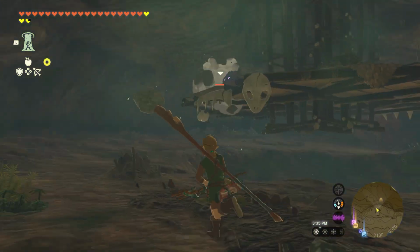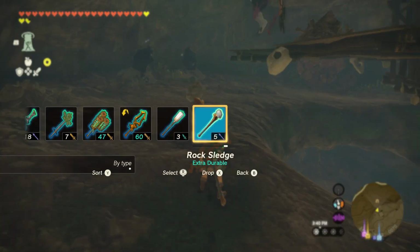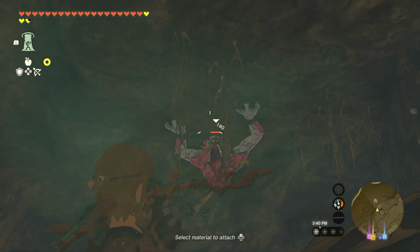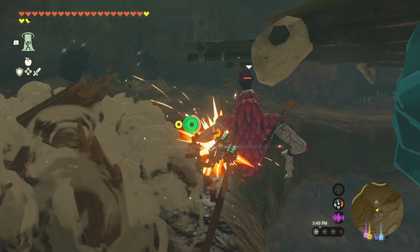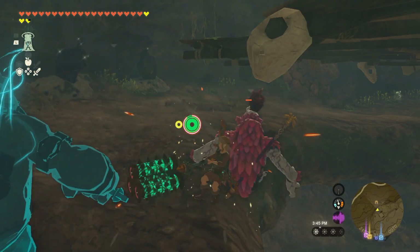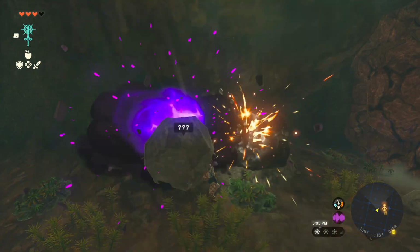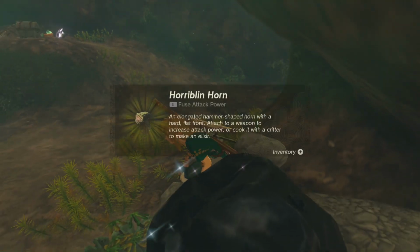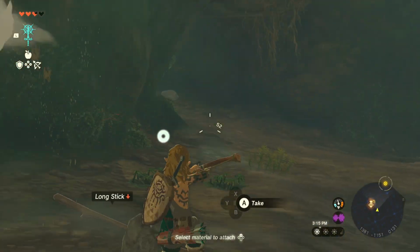In Tears of the Kingdom, as you progress deeper into the game, complete dungeons, and defeat enemies, the rank of the enemies that populate the game's world goes up. Horriblins are commonly found in caves, and you've probably run into a bunch of them already. Towards the beginning of the game, you're more likely to run into the lower ranked variations, either the base or blue versions. Standard Horriblin horns drop when you defeat a regular base level Horriblin, which looks like this with the